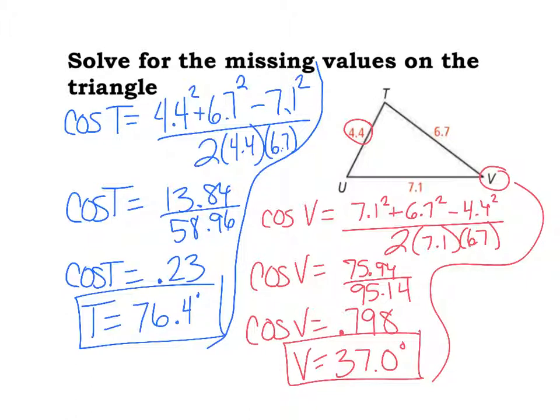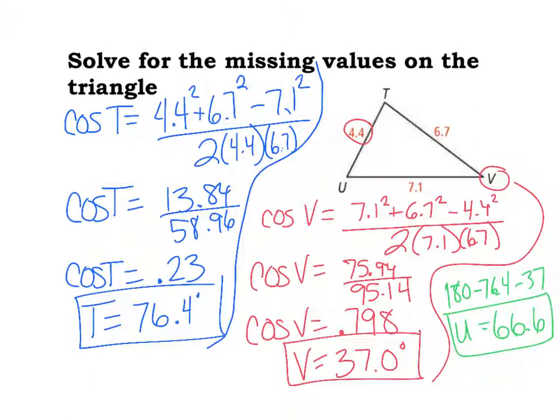from 180. So I got 180 minus 76.4 minus 37. I'm just writing that for the sake of your notes. I wouldn't normally do that on my paper. 76.4 minus 37. Got it, 66.6. And so that'd be the last angle. U is 66.6. All right, so you're just kind of plugging and chugging through formulas, and again, I'll give you those formulas